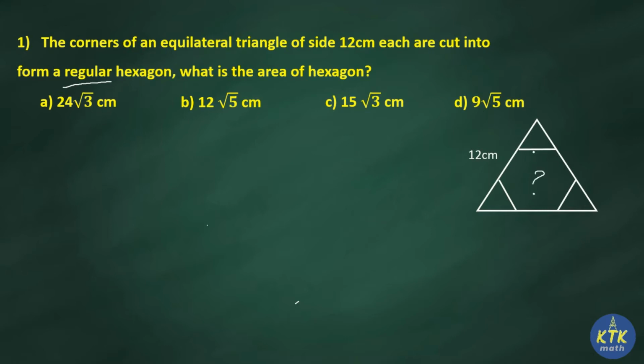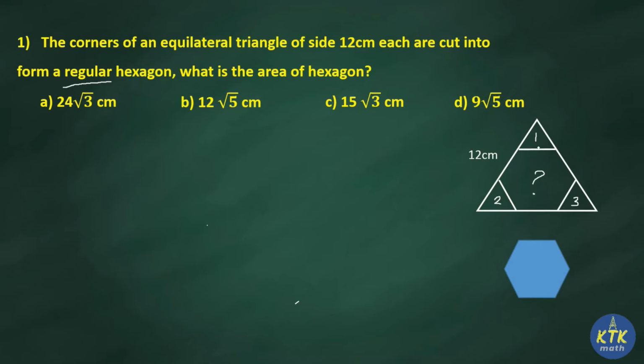Now each side of this equilateral triangle is 12, so all sides are equal. Now just imagine, if the total side length is 12 cm, what is the length of each of these small triangles? These 3 small triangles are also equilateral. How? Because this hexagon is regular, they mentioned. Therefore you have 3 triangles: first triangle, second triangle and third triangle. So to get the area of this hexagon part, I need to subtract these 3 triangles from the total triangle.